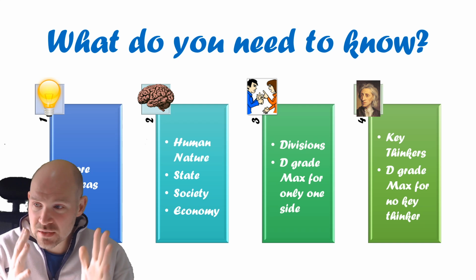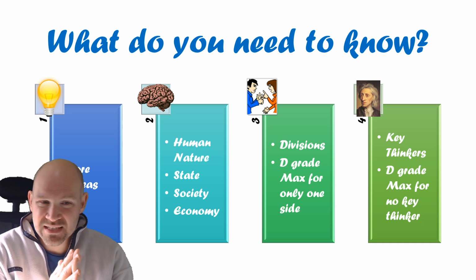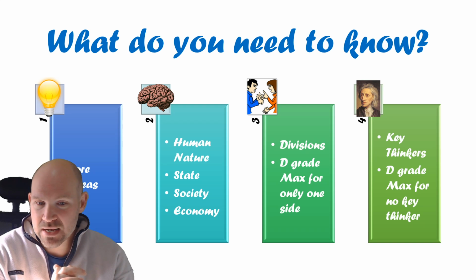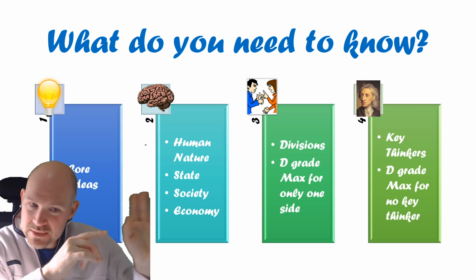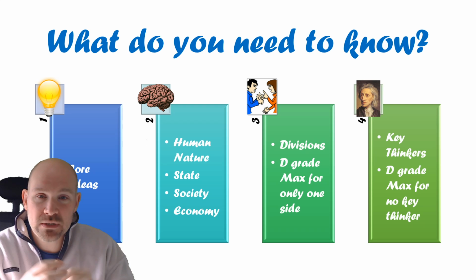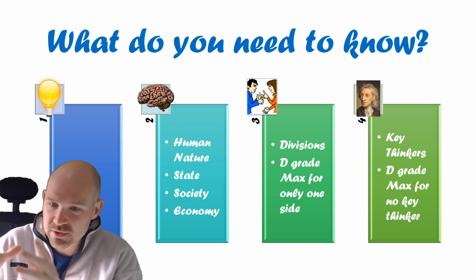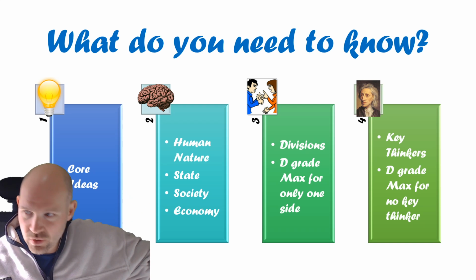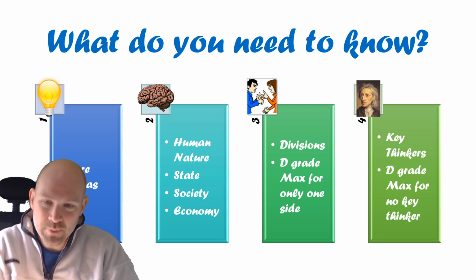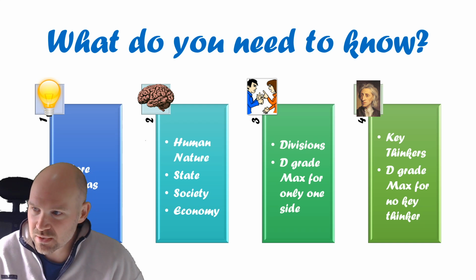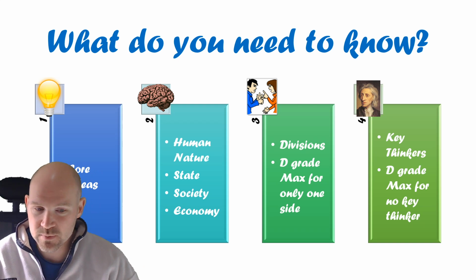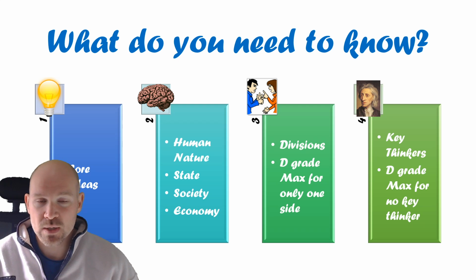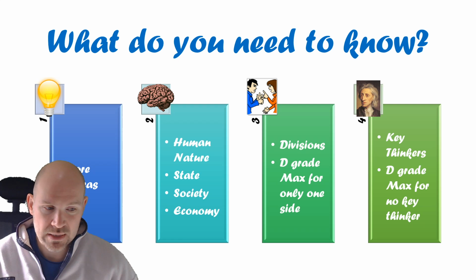Now, for the key thinkers, there's lots to say about each one, and this is really where you're going to be making yourself stand out. When you're talking about the divisions, these key words, it's actually the key thinkers that will really help you to put more detail into what these aspects are. So classic liberals think such and such about the state, as was said by John Locke, and he said this and that. But on the other hand, other liberals think this, and this was said by this key thinker. So the more key thinkers you know about, and the more quotes and ideas you have from them, the more you're going to be able to bulk out this 24 mark essay. Remember, it is 24 marks, not 30 marks. It is going to be shorter than a larger one.